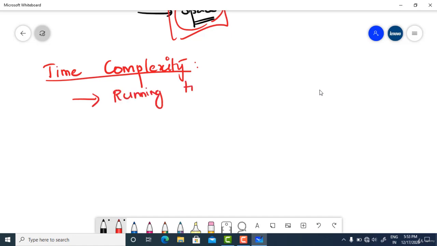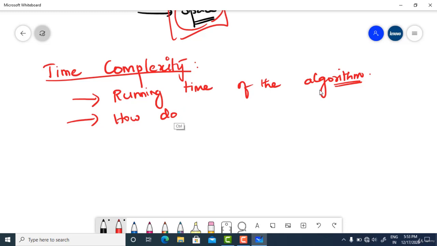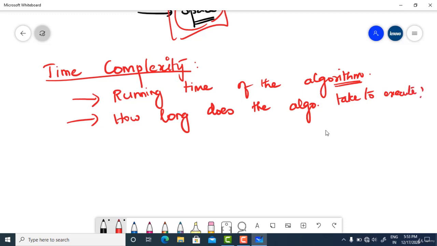I mean, how does the algorithm execute, or otherwise, how long does it take to execute. That's the exact way of answering this question: how long does the algorithm take to execute?